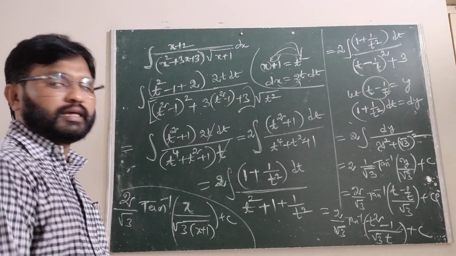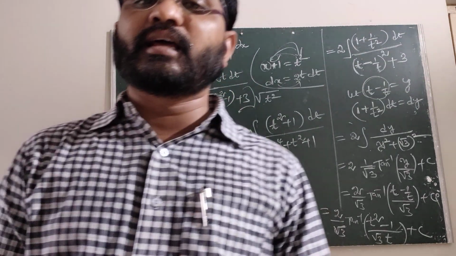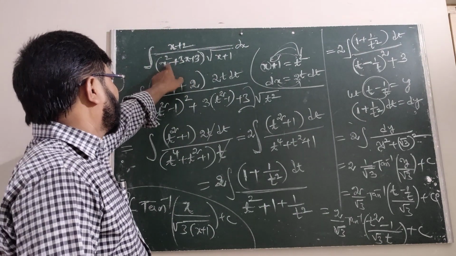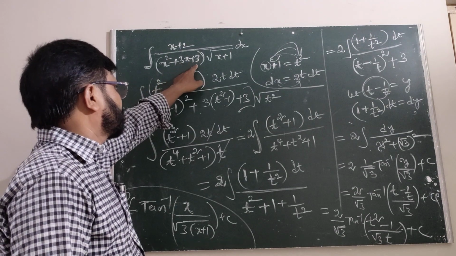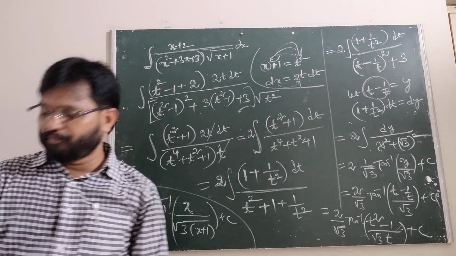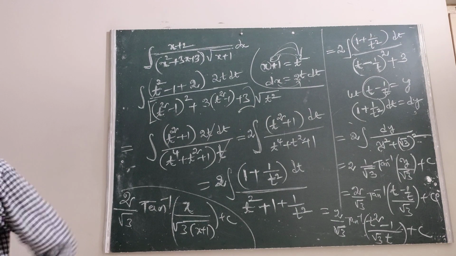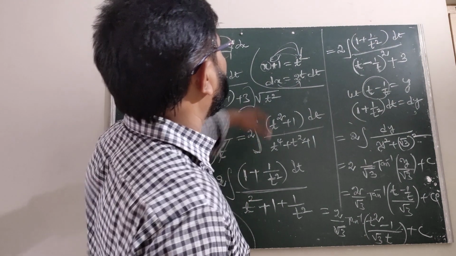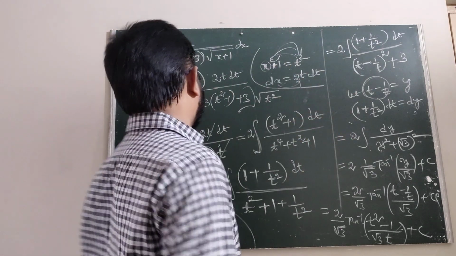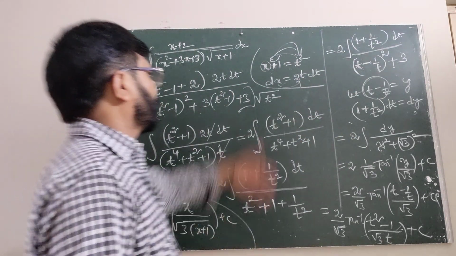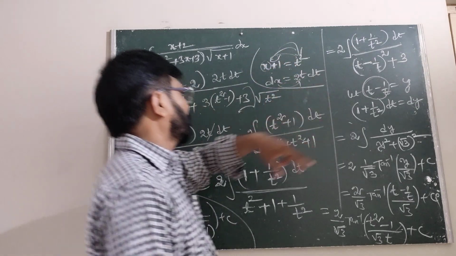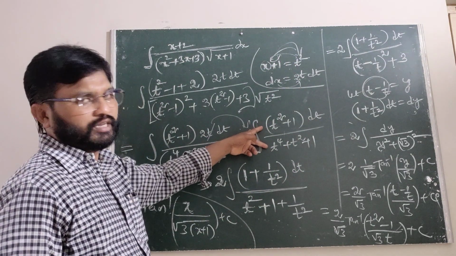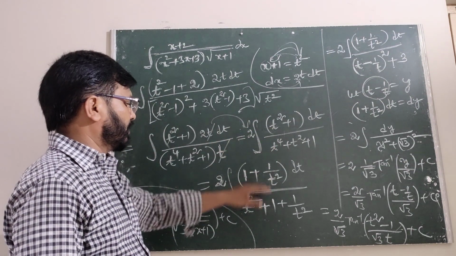When the integral is in the form of 1 upon ax square plus bx plus c into under root of px plus q, how to evaluate this one? We must take x plus 1 as t square. The derivative of t square is 2t dt. After simplification we got this one. This is again the 10th type. The numerator and denominator are divided by t square.